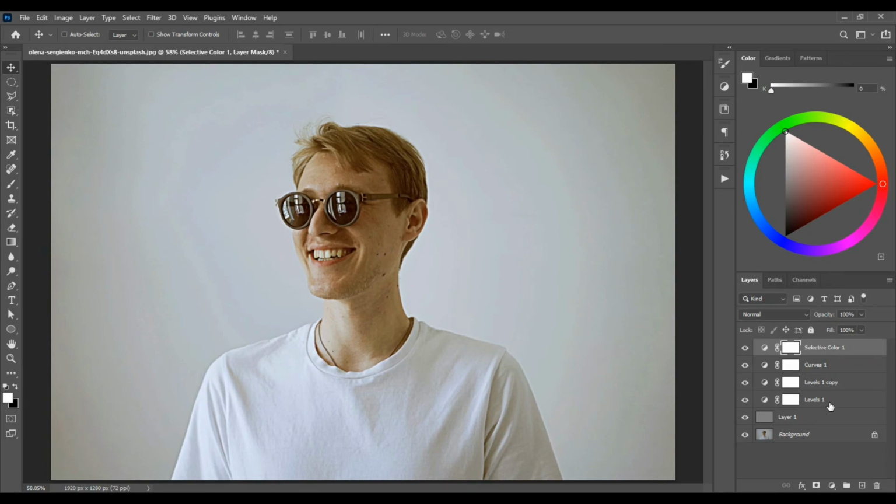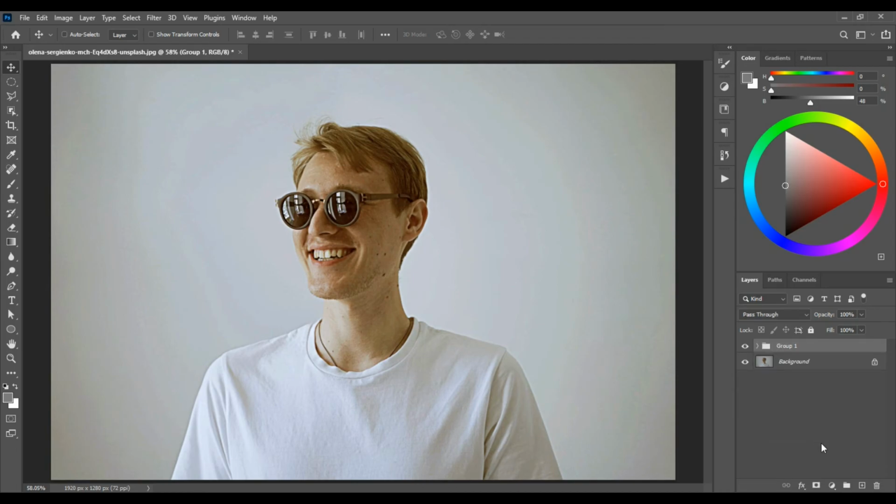So let's click the top layer, hold shift, and let's click layer 1 to select all the layers except the background layer. Control plus G on your keyboard or click right here on this folder icon to create a group layer with